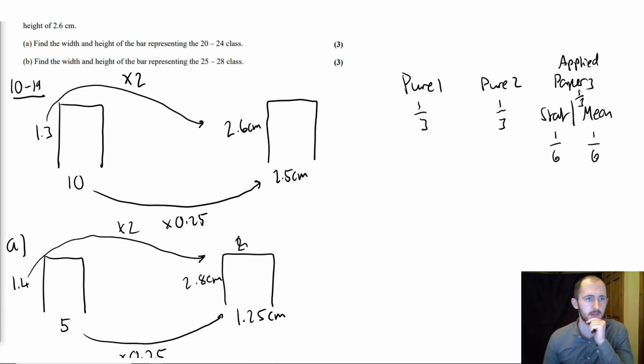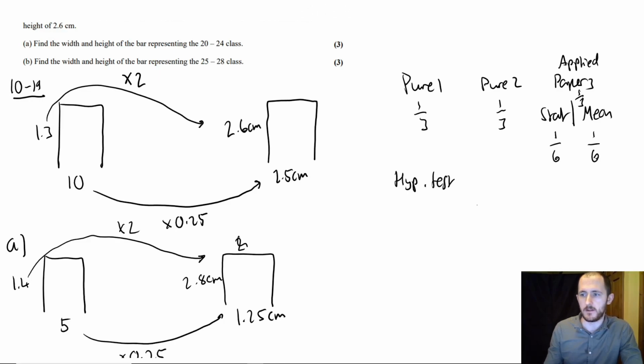Actually, you know what, I can quickly double check what I just said. So what I'm saying is correct, it's just I can't remember how many questions it was off the top of my head. I believe, yeah, it's 5. It's 5. And that's always the same. And to be honest, if you even look at these applied papers, it's always the same type of question, right? Like 100% you'll get hypothesis testing, right? So if you wanted me to predict it, one, you have hypothesis testing. Next, you're going to be using binomial or normal distribution to work out